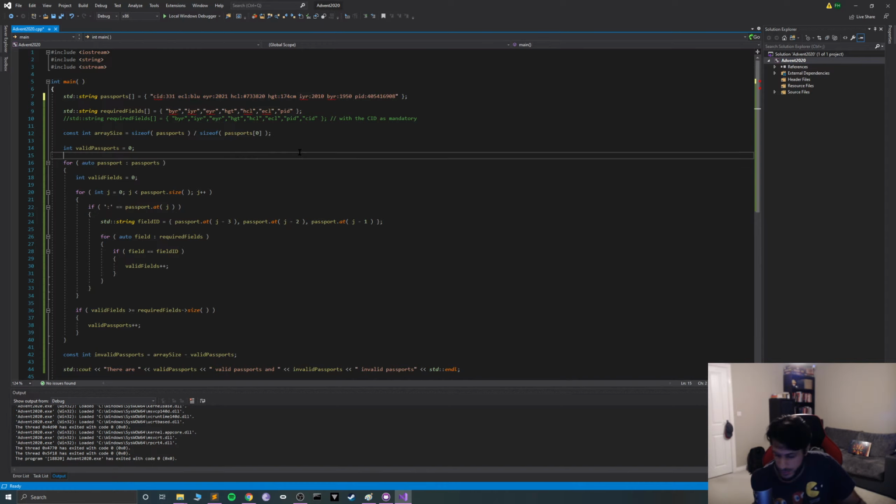Apparently that's still coming up as a valid passport. Okay, so